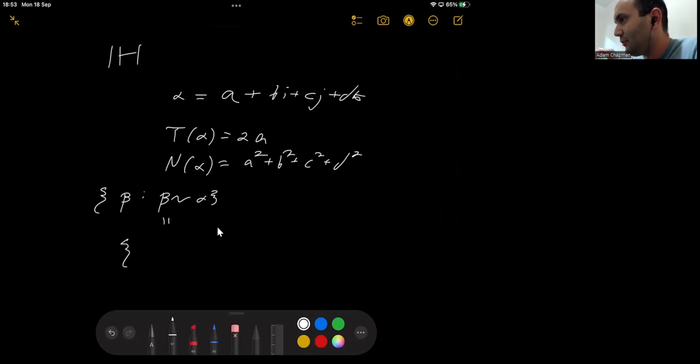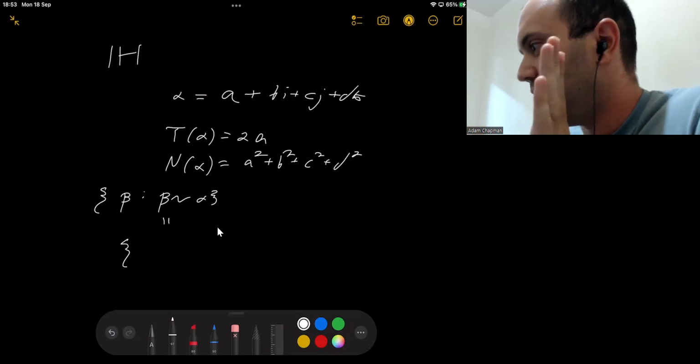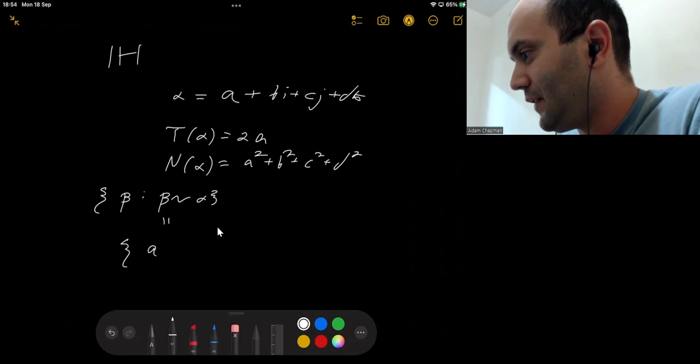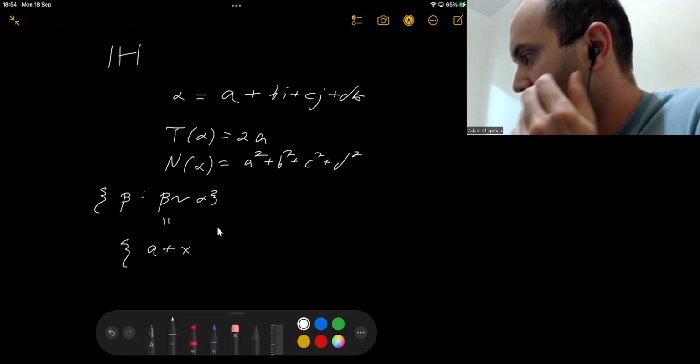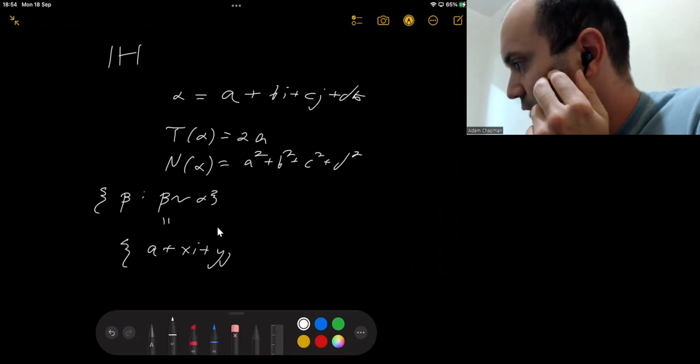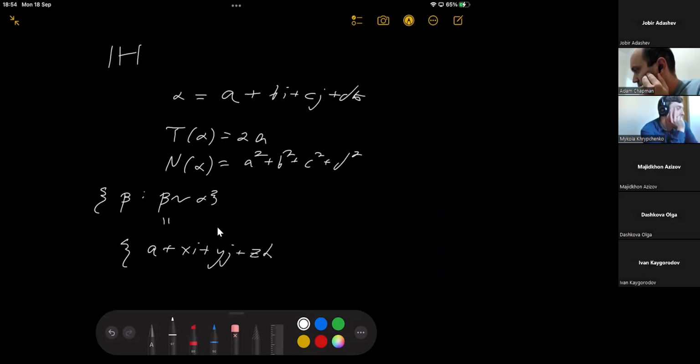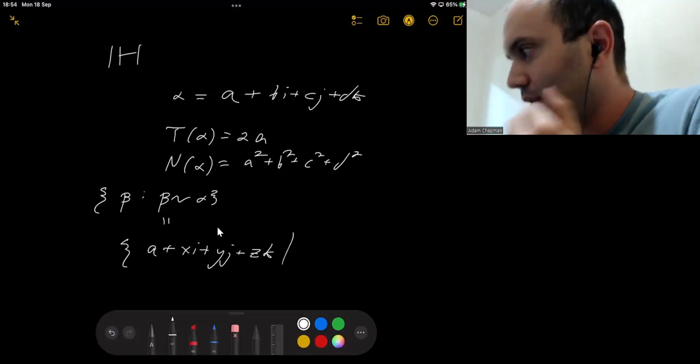So you don't have any room to play with the trace. The trace is going to be 2 times a, the real part is going to be a. So these are elements of the form a plus xi plus yj plus zk, such that